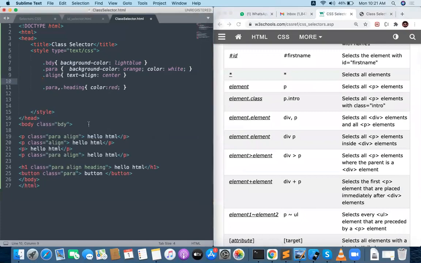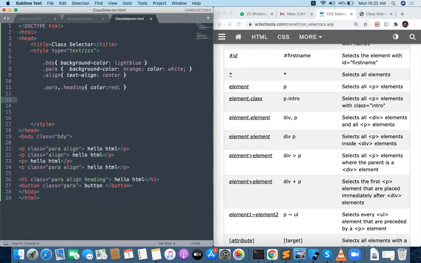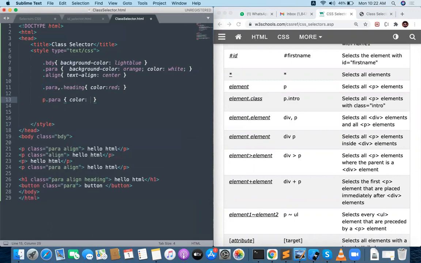And what my requirement is, one more thing. I want to do a paragraph which is having the class called para. What my requirement is, I want to apply the color blue. Okay, I'm overriding with another style, p dot para, and this is the combination of selectors. The first one is element selector, second one is the class selector. Combination I'm providing.